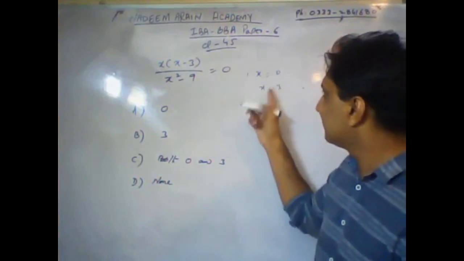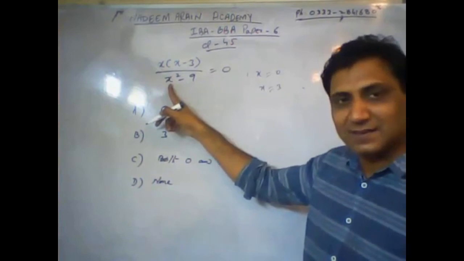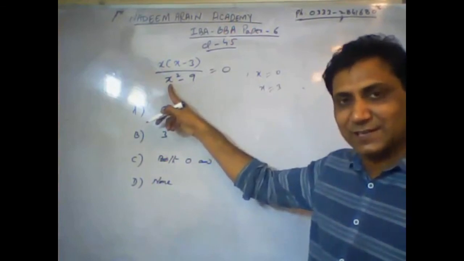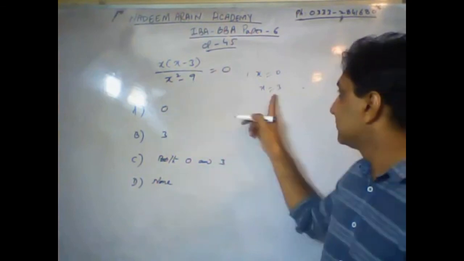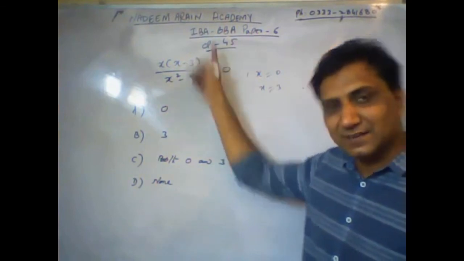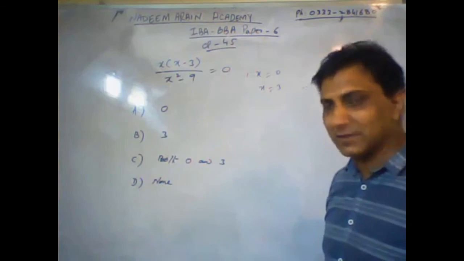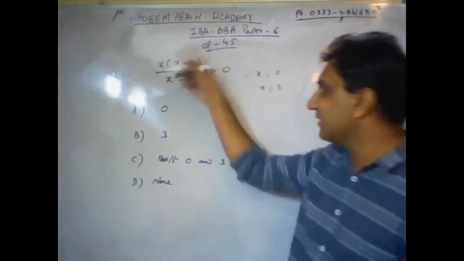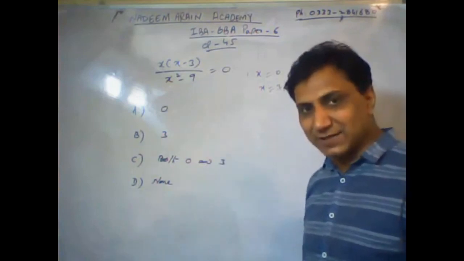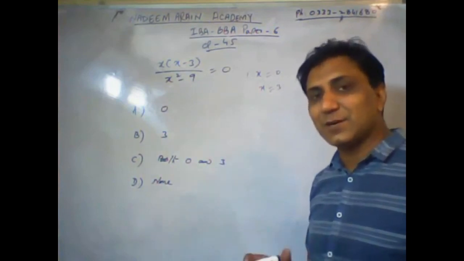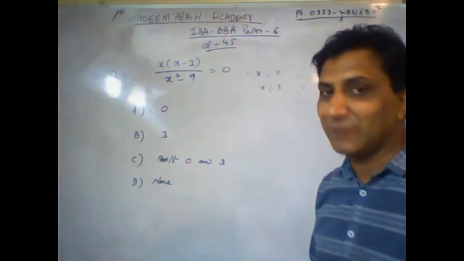But if you put x equal to 3 back here, that will give you 0 in the denominator. But we cannot have 0 in the denominator. So this value doesn't satisfy the given equation. So x equal to 3 is not in the domain actually. The values that are not in the domain aren't in the solution set. And what's the domain?